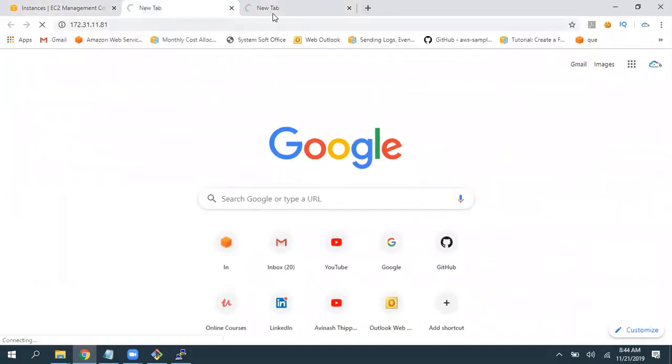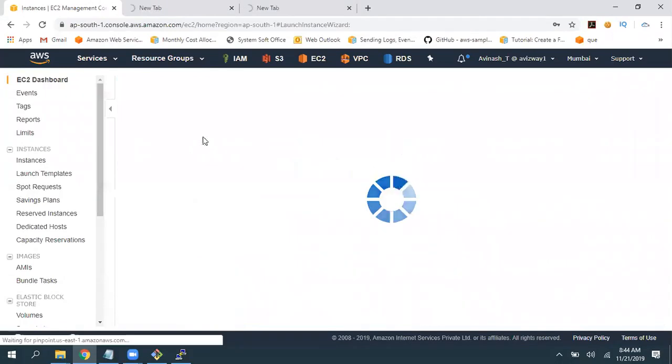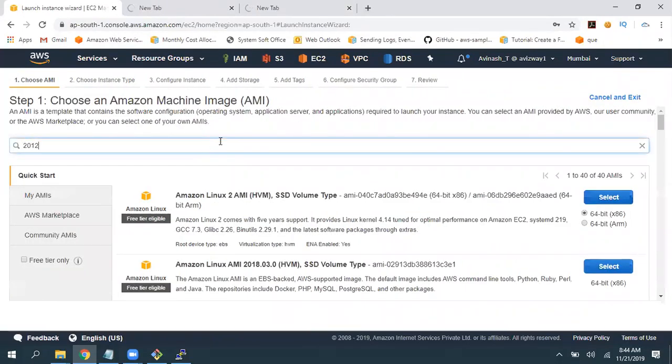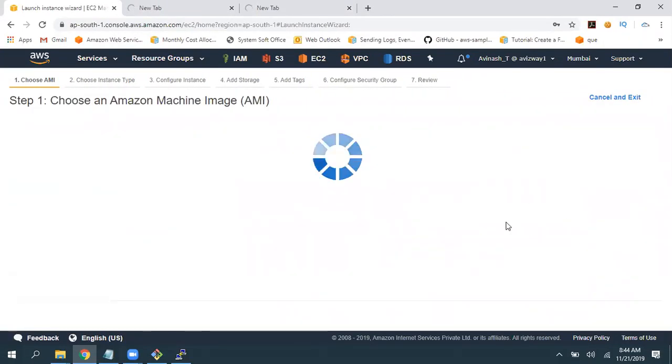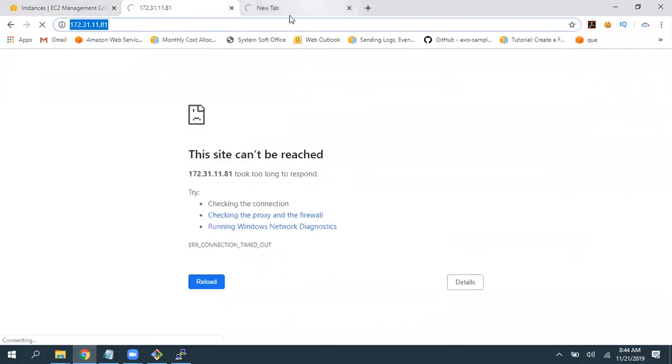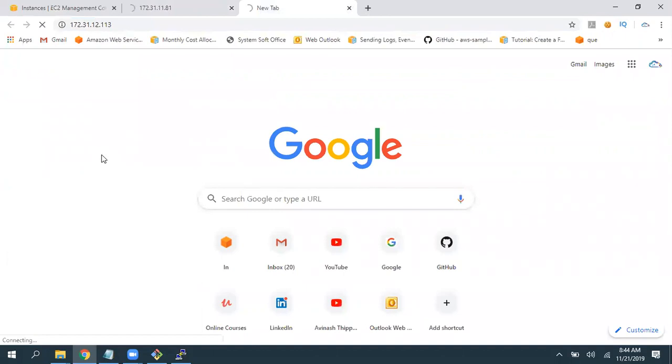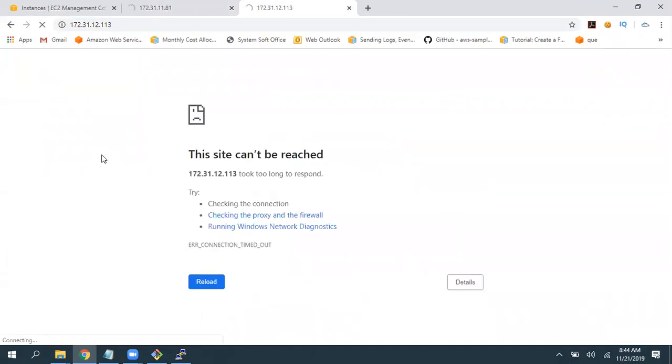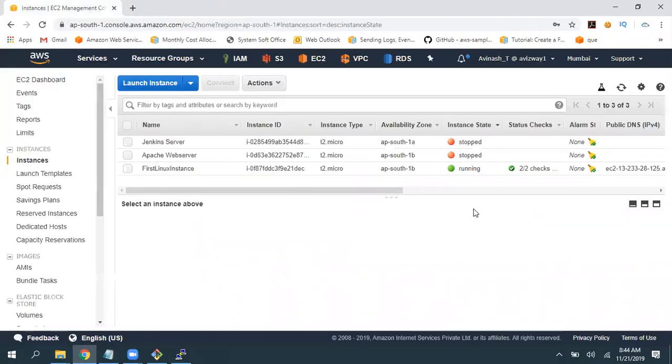Then where I can access this, where I can use this within your AWS environment. So what I'm asking you is, launch a new Windows instance, Windows Server 2012 R2. Then within this instance, give this private IP addresses. And are you able to access or not? Just test that. Okay. So that is the task I'm giving here.